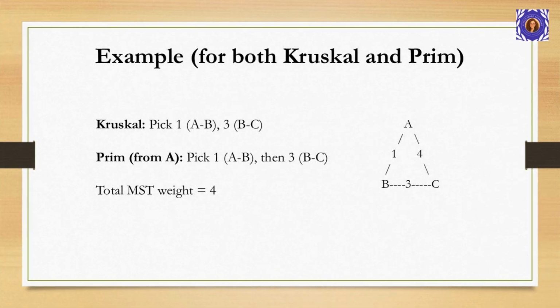priority queue. Consider our triangle graph. A connects to B with weight 1, A connects to C with weight 4, and B connects to C with weight 3. Kruskal's approach. Sort edges: 1, 3, 4. Pick AB, weight 1, then BC, weight 3. Total, 4. Prim's approach starting from A, choose AB, weight 1, then from AB, choose BC, weight 3. Same total, 4. Both algorithms guarantee the same MST weight, though the specific edges chosen might differ when weights are